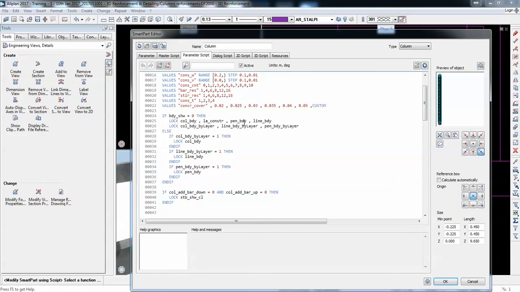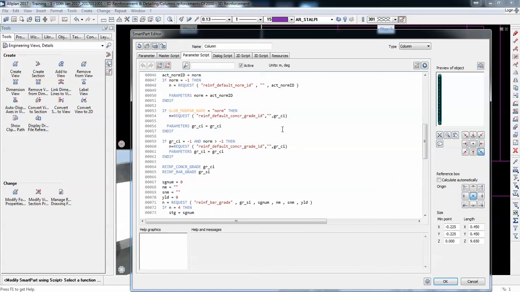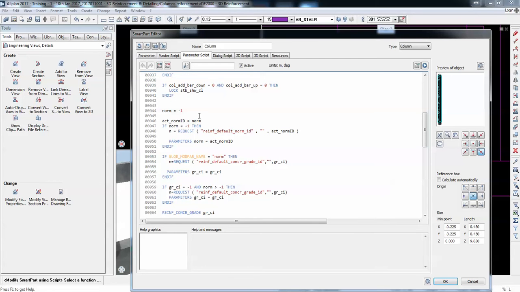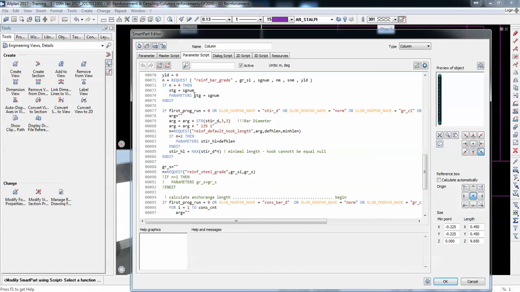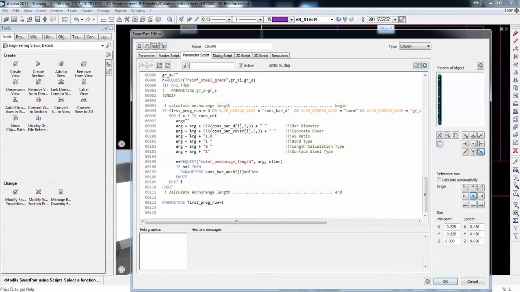And also there are some restrictions here. If something is clicked, then maybe some options are not available. There's also something regarding the code. So once you change the code, you get certain reinforcement from that code. So these are all codes that create relationships between the parameters. This is why they're called parameter script. And also here, things get more complicated. First program 0 and you get some arguments, and they say here this is how you control bar diameter, concrete cover, reinforcement ratio, and other options.